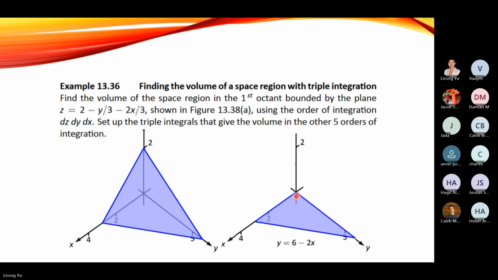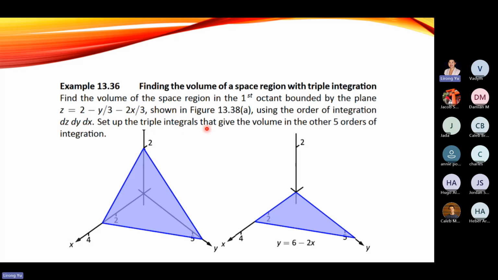So here we want to find the volume of the space region in the first octant bounded by the plane z equal to 2 minus y over 3 minus 2x over 3. That's our equation of the surface right there. It's a plane. Using the order of integration dz dy dx,